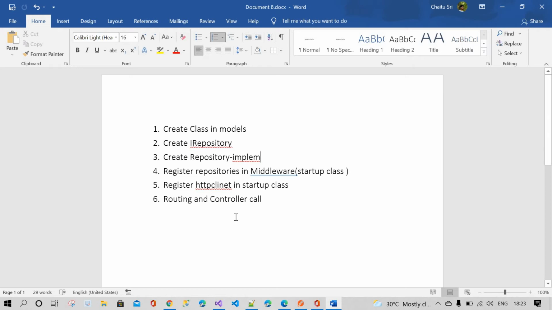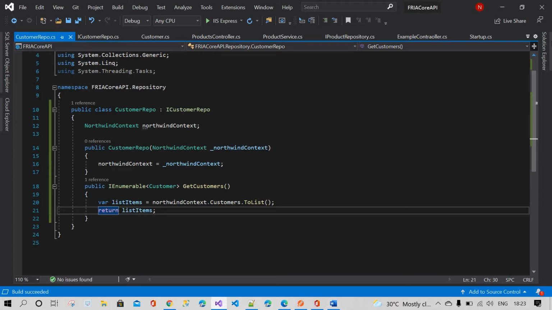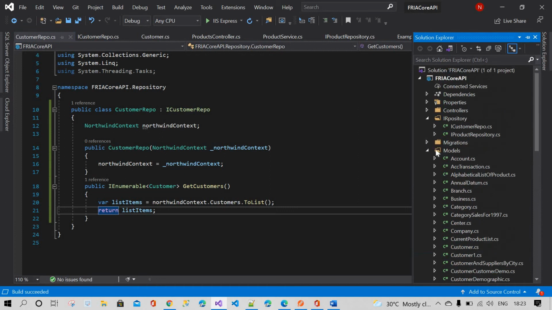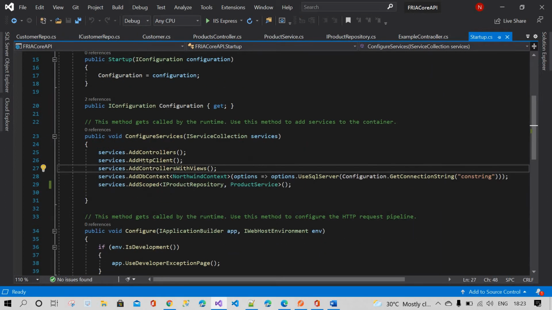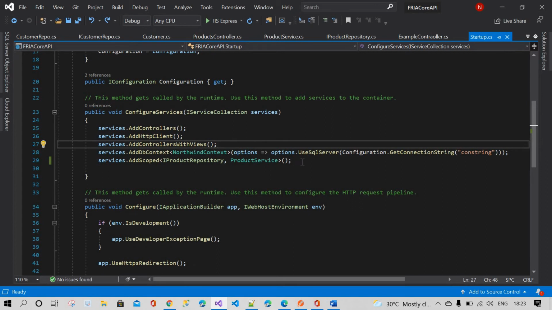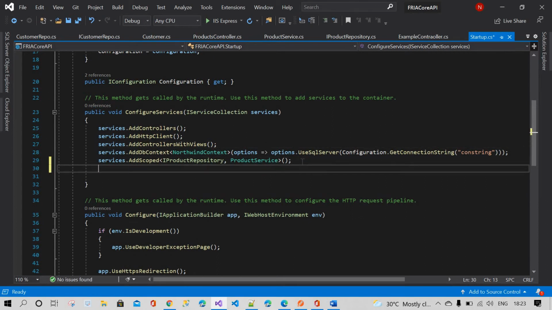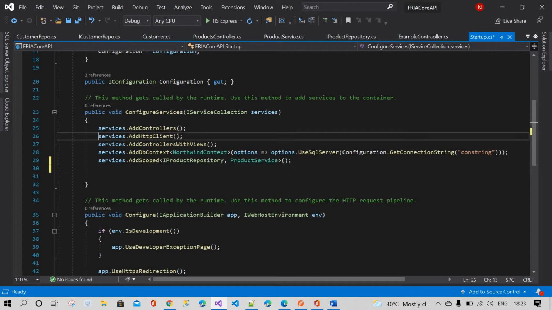I will show you how to register them. In the startup class you can see, the important thing to keep in mind: when you are working with the HTTP client, you have to register it in these services, otherwise the HTTP client doesn't work.